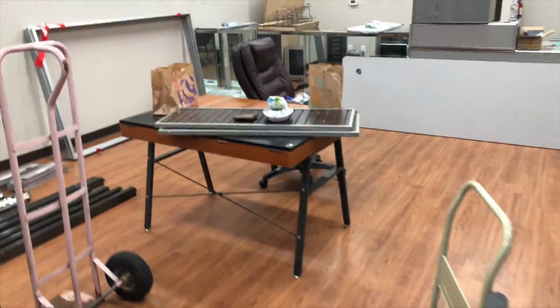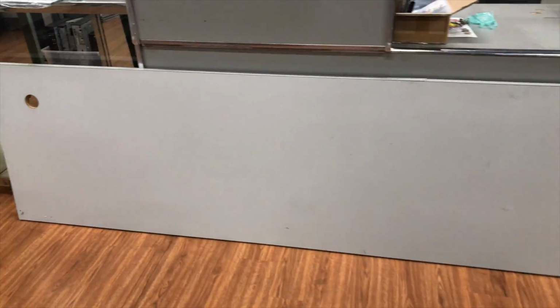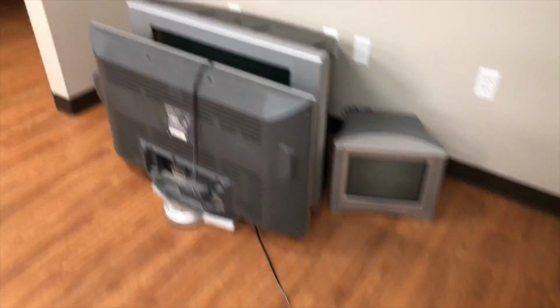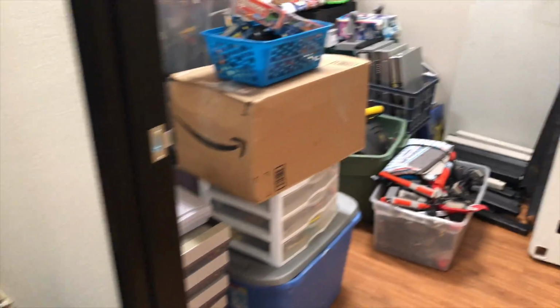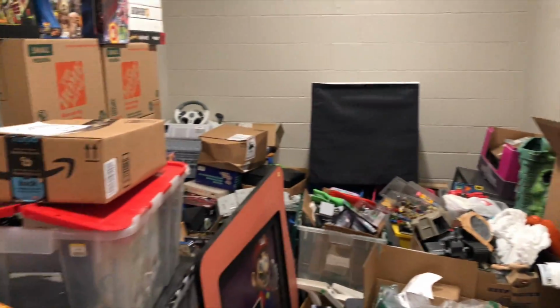There's other stuff here that isn't going to be here. We just got to organize and move around. This big thing is in here. Here's the countertop that's going to be cut in half, and it's going to be put back there and over there. Other than that, we brought more of the TVs, and we got just more stuff everywhere. This room's getting pretty dang filled, so I'm not going to be able to bring all the inventory at